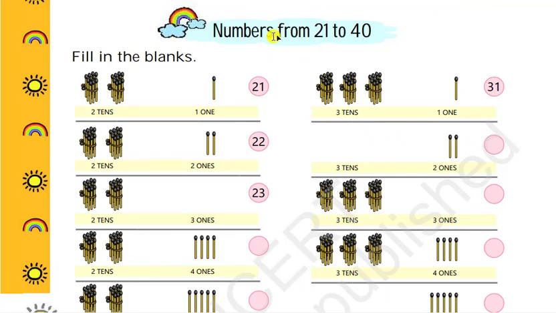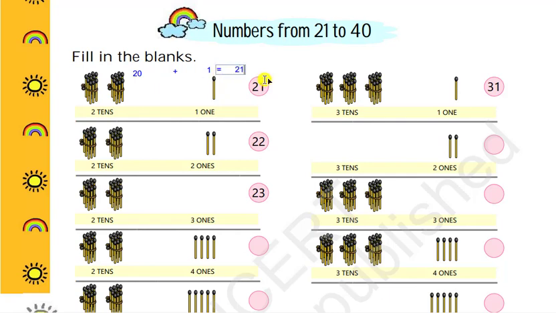Next is numbers from 21 to 40. So here there are 2 tens, which means the total number is equal to 20. 1 ten is equal to 10. 1 ten means there are 10 objects, 10 matchsticks there. So 2 tens means 10 plus 10, 20 objects or 20 matchsticks. And here there is 1. So finally 20 plus 1,